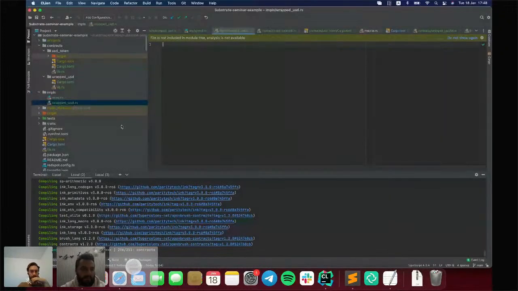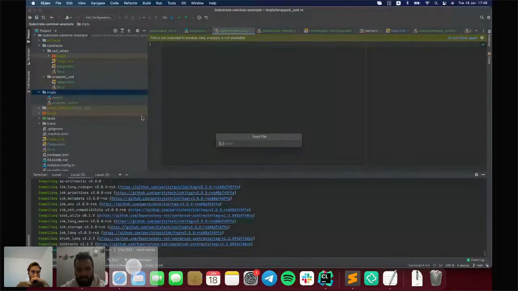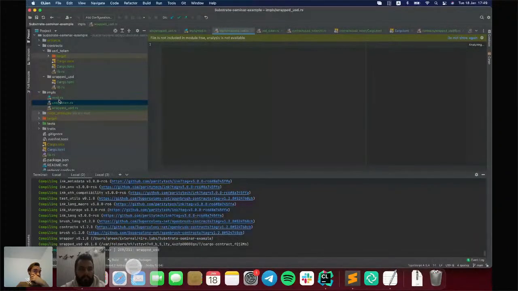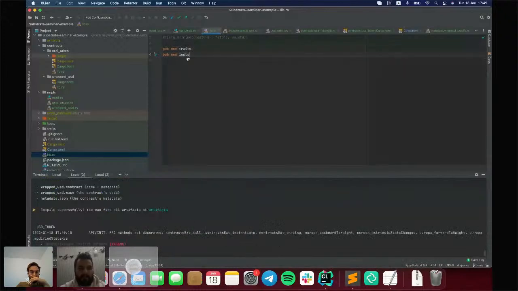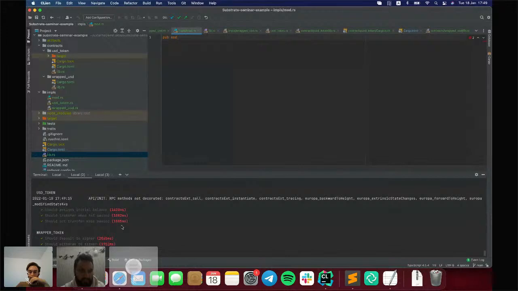So the same structure as in the traits folder. Now let's include it here, impls. Now let's include it here. Oh, okay, contracts.